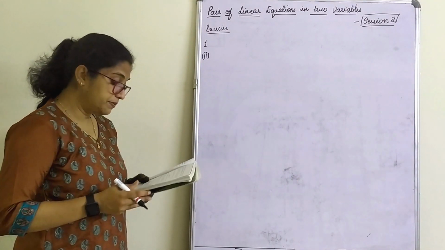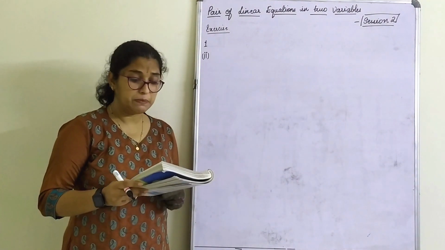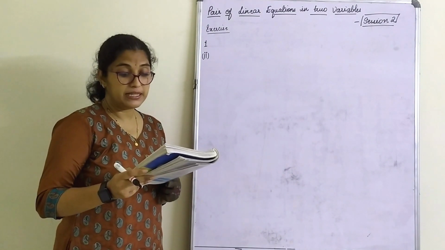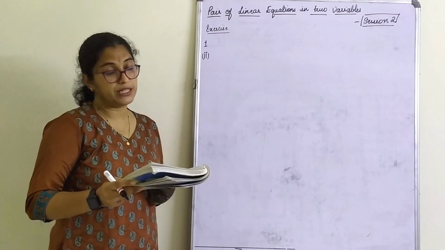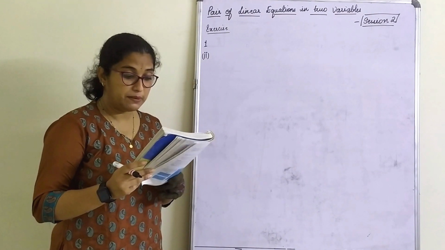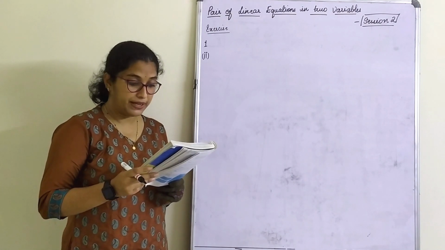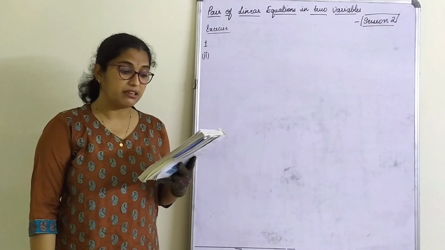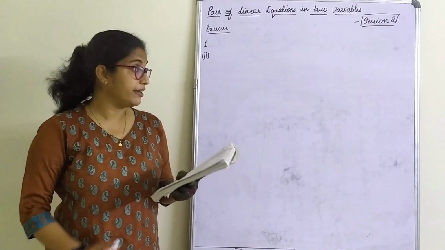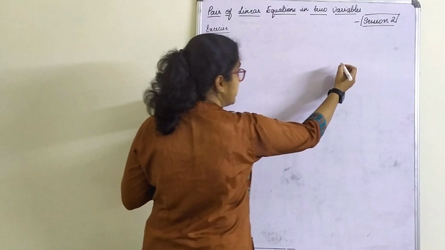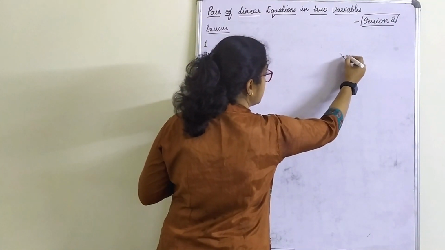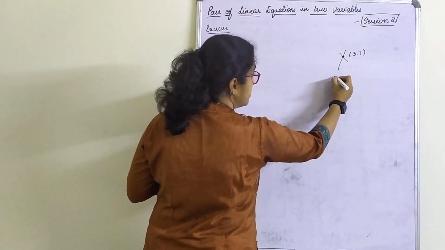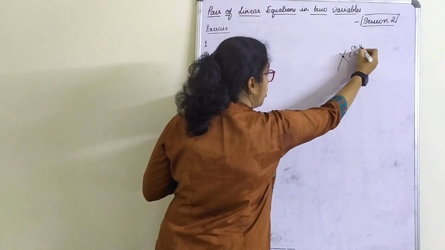First means second one. 5 pencils and 7 pens together cost rupees 50, whereas 7 pencils and 5 pens together cost rupees 46. Find the cost of 1 pencil and that of 1 pen. Now see children, even in the previous sum, find the number of boys and girls who took part in the quiz, I forgot to mention that we get the point of intersection at a point called 3 and 7. I had told you, right? That means this is your x, y.